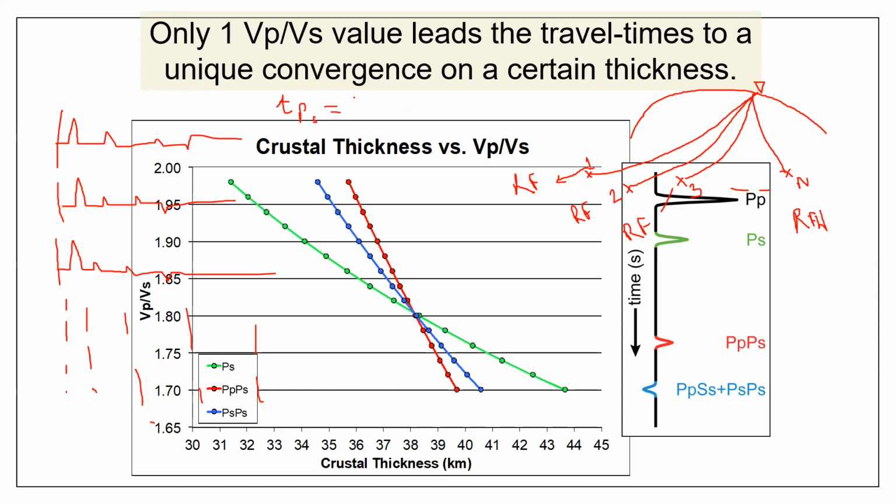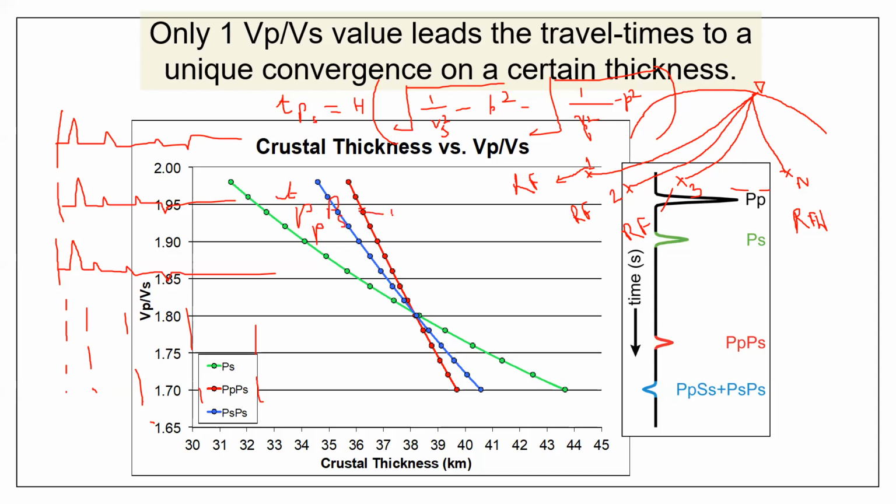T_PS is equal to H in bracket, under root 1 by Vs square minus ray parameter square, minus under root 1 by Vp square minus P square, bracket close. Likewise, you have formula for T_PPPS